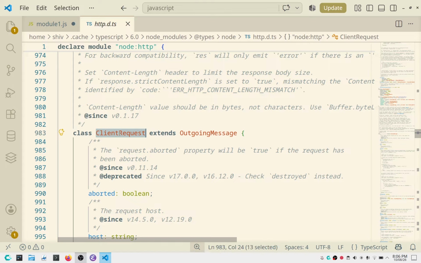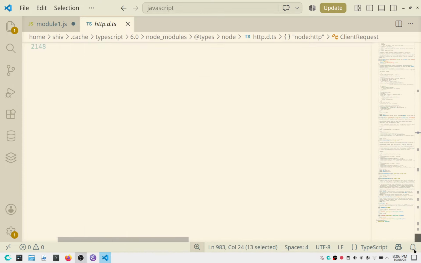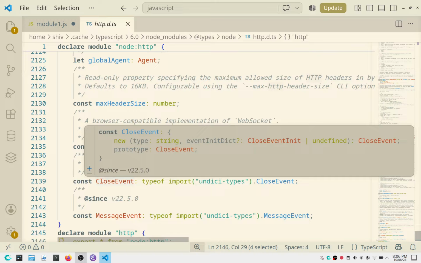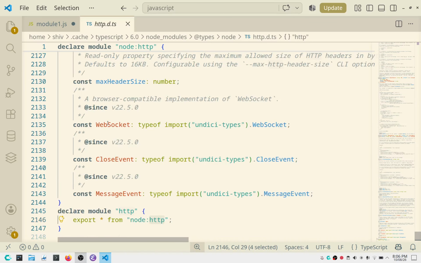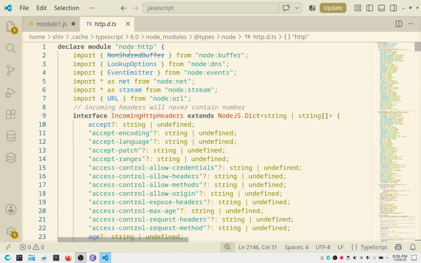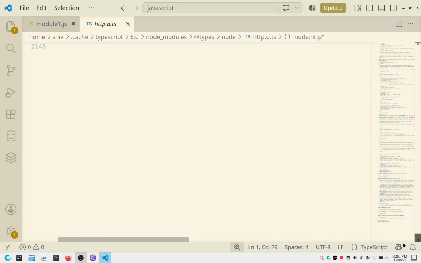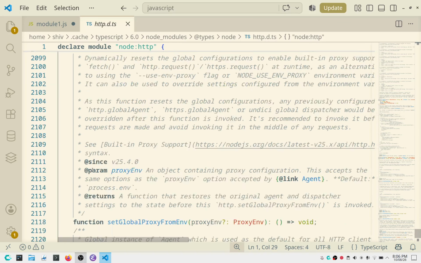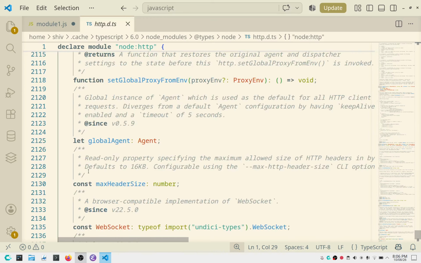So these are all exported by the last line, which we read as node colon http. So it exports everything from here. For example, close event, WebSocket, message event, everything. Now, if you look at the top of it, it declares the module node colon HTTP. So everything inside this, so this brace ends here. You see, it is highlighted. So everything inside it is part of this export magic of